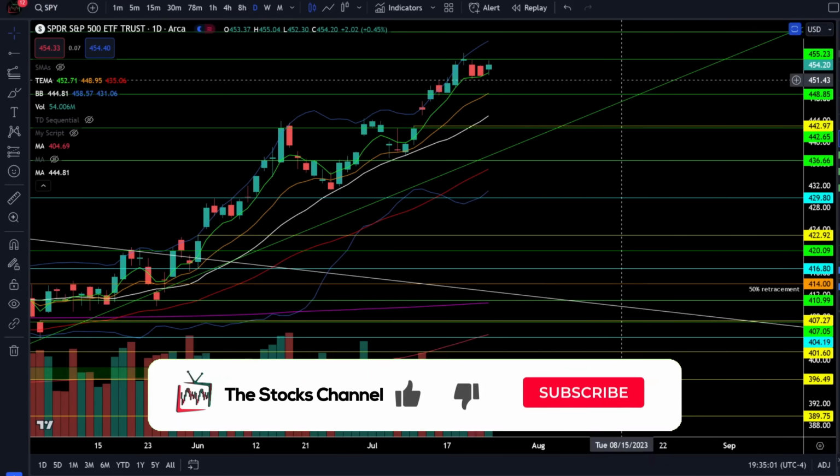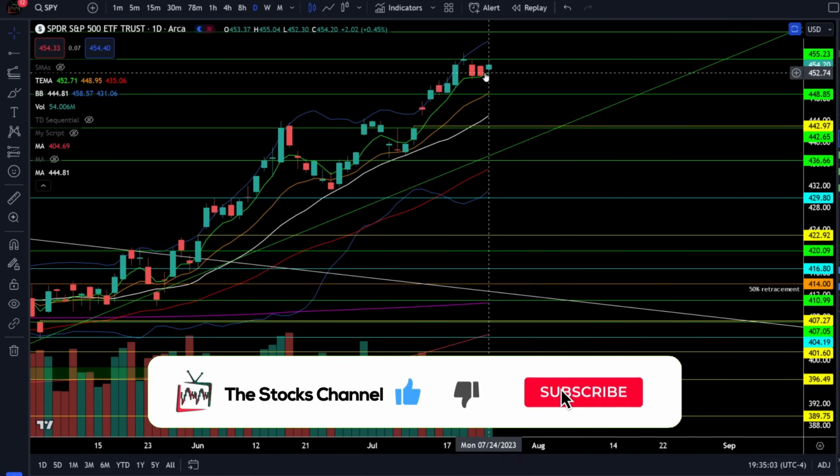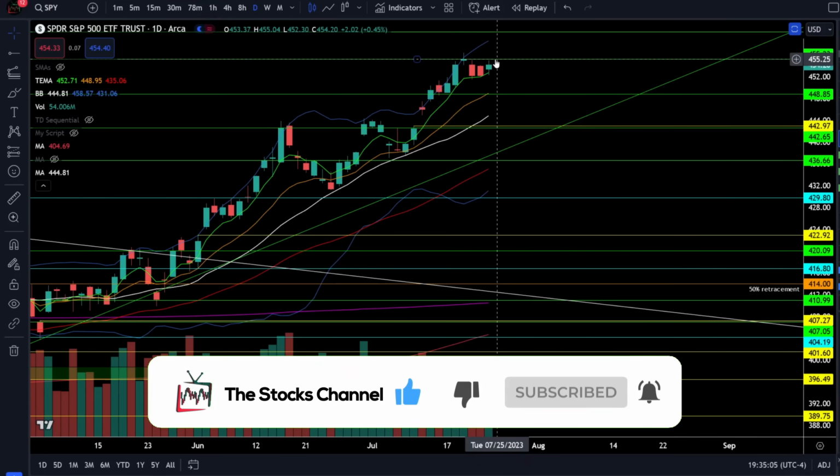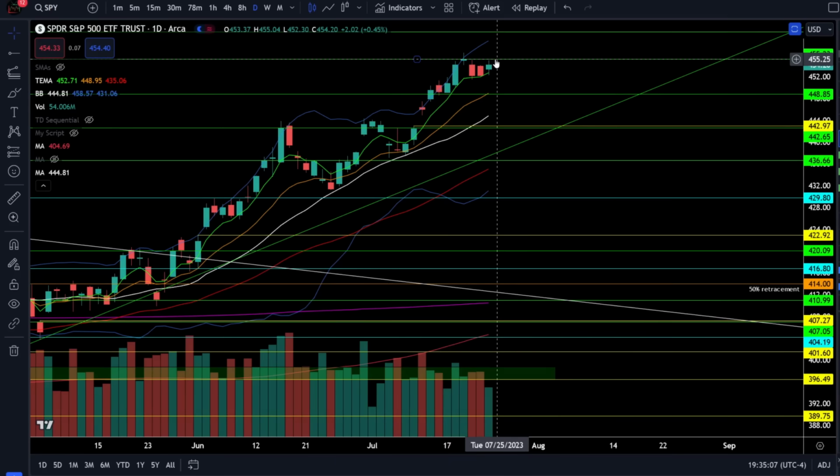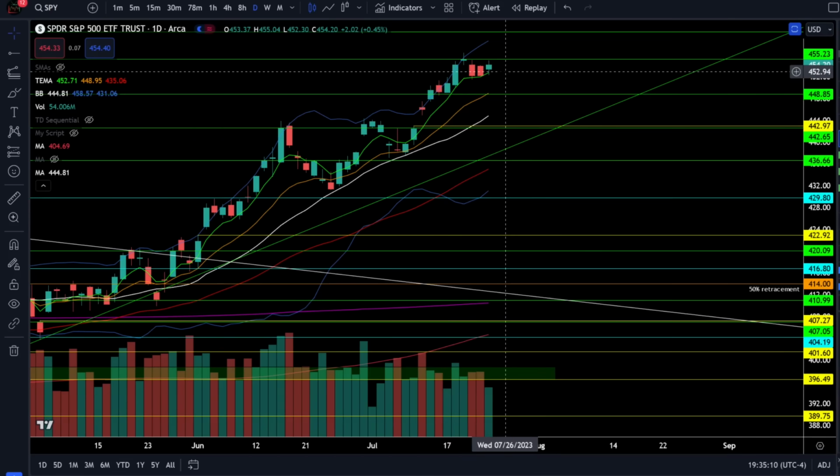All right. Today's SPY was up 0.45%, and we're still finding resistance below that previous daily high at 455, and we're still above the rising 5 EMA with price action above all the moving averages in a bull trend. So because we're in a bull trend, we need price action to prove something else is happening, and right now